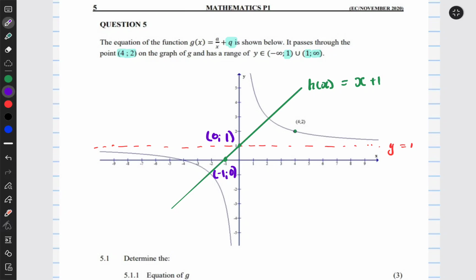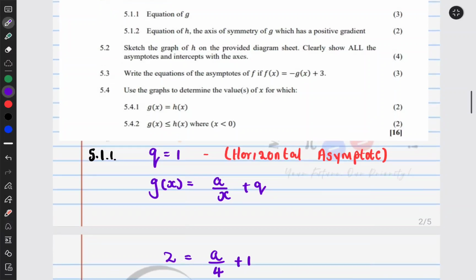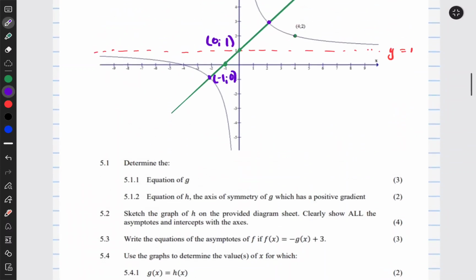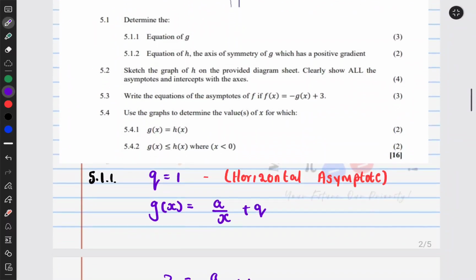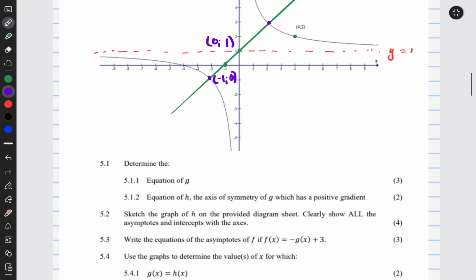So these two graphs will be equal here. That is where it should be equal, at about -2 and 2. So it will be about where x is -2, and where x is 2, because we have been asked to use the graph,